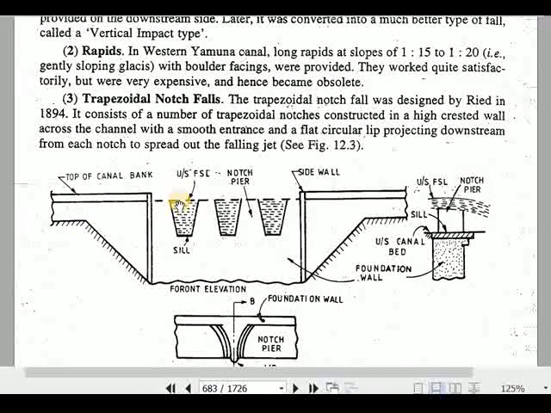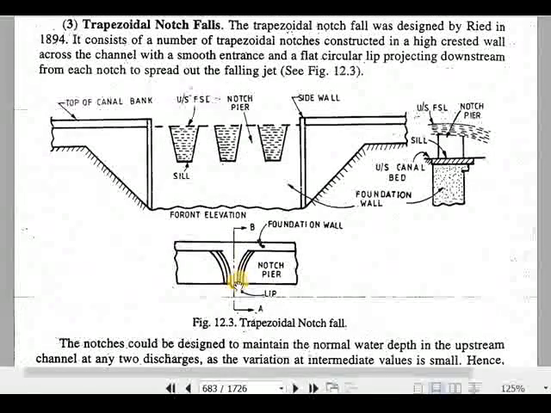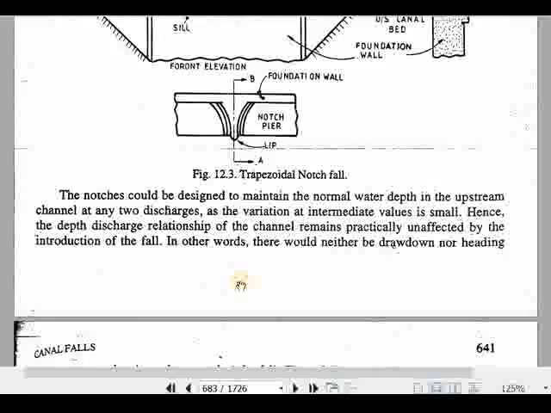The metering and non-metering falls mean that in metering falls, in a metering drop structure, we can also measure the amount of flow discharge. So here we have 3 notches, 3 gates, 1, 2 and 3, and all this structure is a concrete block, and the water is flowing to the downstream. This is the side view of this cross-sectional view. Water is flowing from this one, and this one, and this is basically the top view.